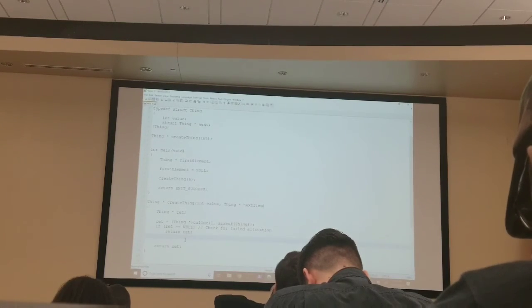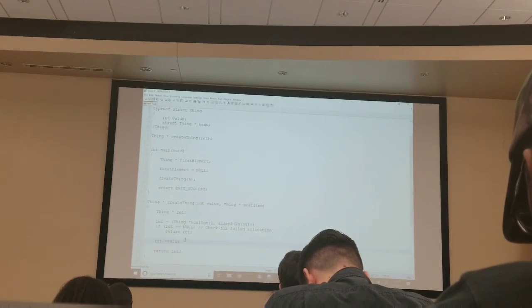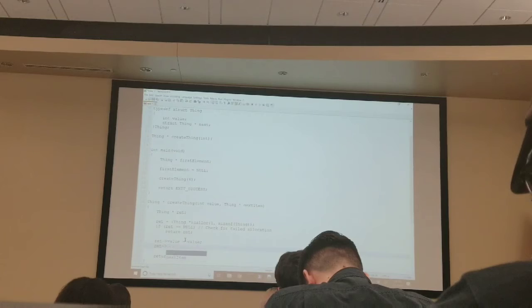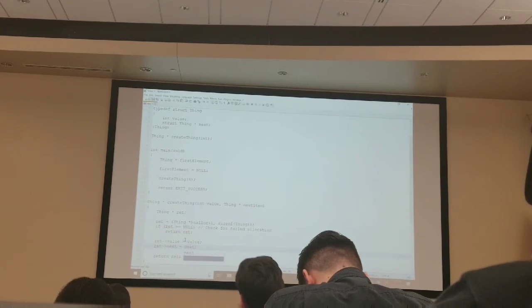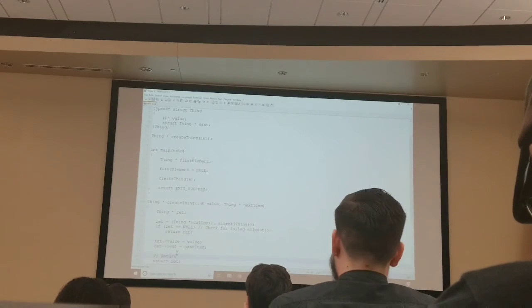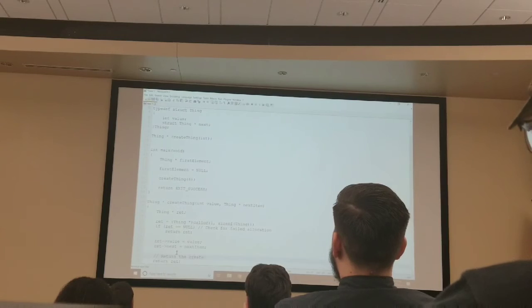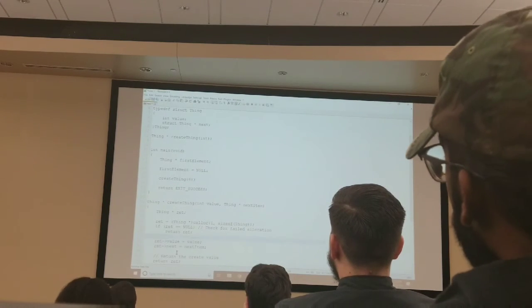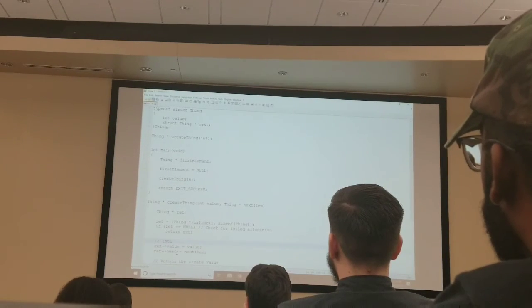So otherwise, ret has been successfully allocated. So we can set the value of ret equal to the value we have. And then ret's next is equal to the next item. And now we're going to return the created value. And this is to just initialize